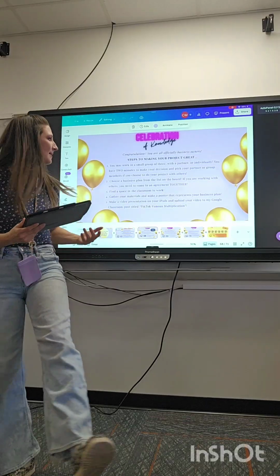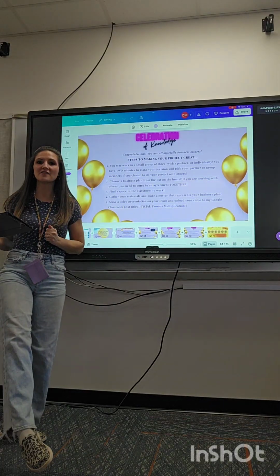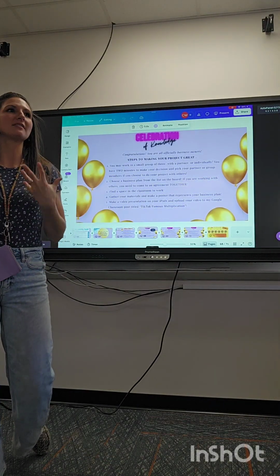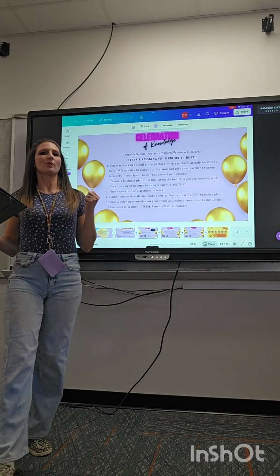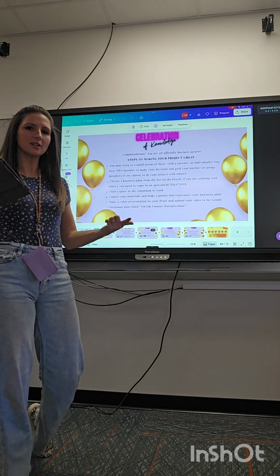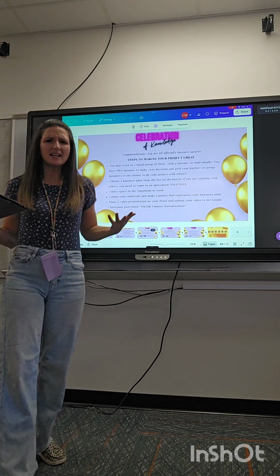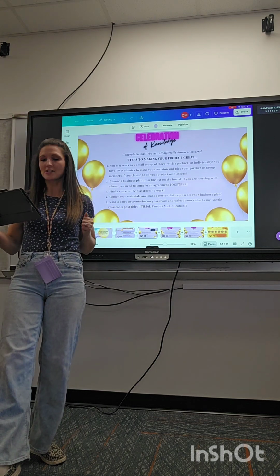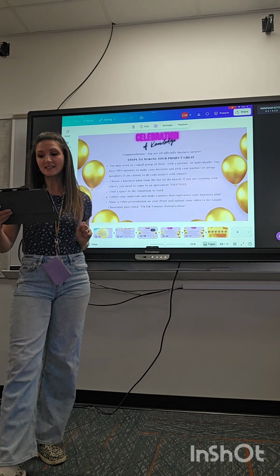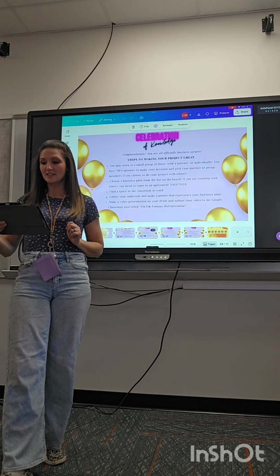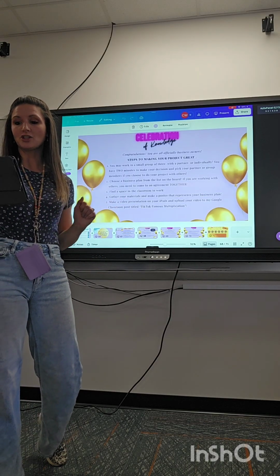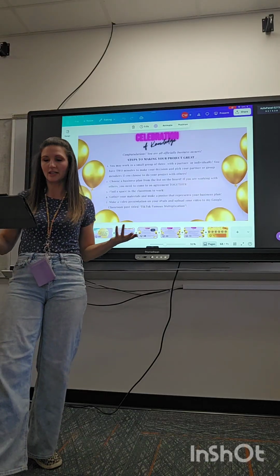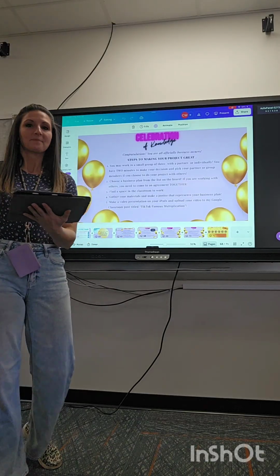We were talking about how for our celebration of knowledge, I am going to allow these kiddos, based on their preference, to either work in a group of 3, with a partner, or individually, based on how they like to learn best. So they will have 2 minutes to make their decision and pick their partner or group members if they choose to work together in a group. Number 2,